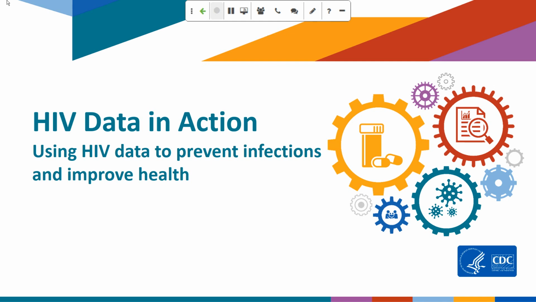As we continue to strengthen our ability to use surveillance data to make sure our prevention efforts have the greatest impact, we felt that it was important to make sure that our HIV planning group members understand and are able to speak to how we use data to maximize prevention efforts. So, using the HIV data to prevent new infections and improve health for HIV. We see this as an opportunity to hear from you about your thoughts on this work and prevention and surveillance tools. And we look forward to discussing in the latter half of the hour.